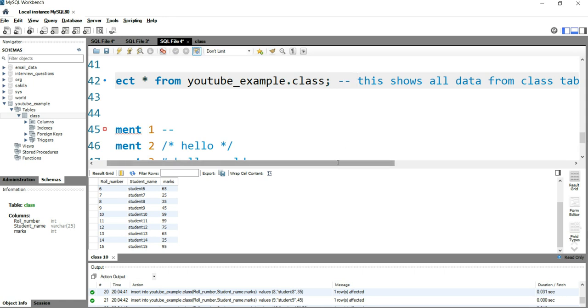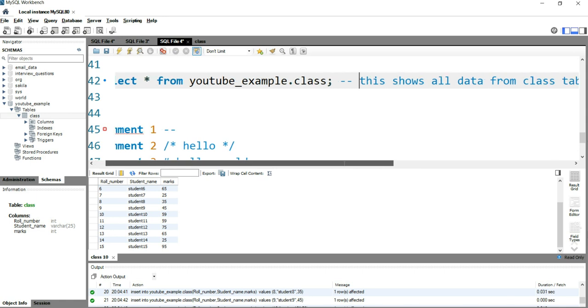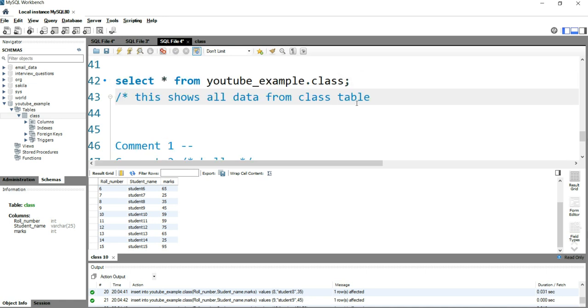Now the second way of inputting the comment is the slash and asterisk. Okay, so now if I remove these two hyphens, and I want to use the second syntax for comment, that would be a slash then an asterisk. Okay, now once you put this, SQL will understand that this is a comment, but what you need to understand, I'll put it into the second line so that you can see it very easily.